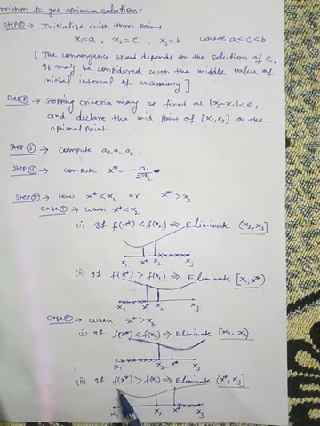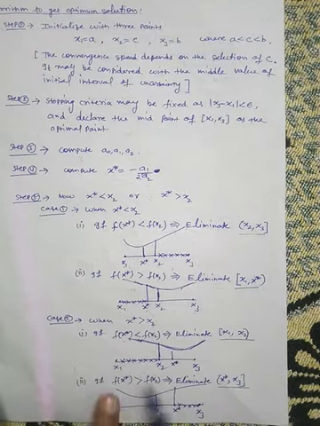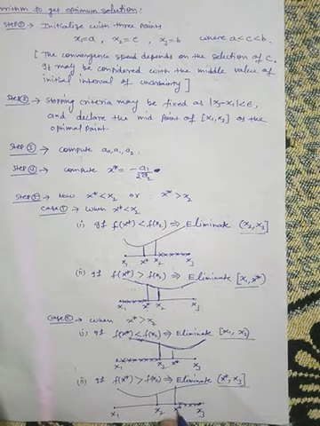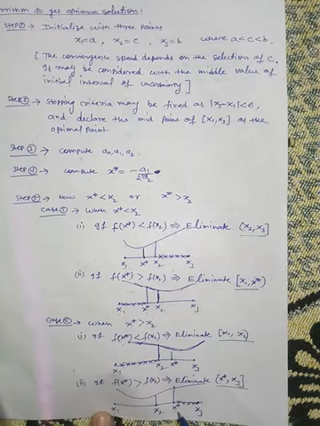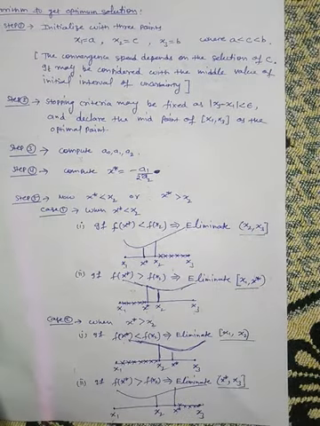Similarly here, if f of x star is greater than f of x2, then eliminate this part. That means according to this we are having this shape, and the optimum solution lies nearby here, so you can eliminate the right hand part. So you can eliminate x star to x3, and the next interval of uncertainty will be x1 to x star. Okay, so this is the algorithm.